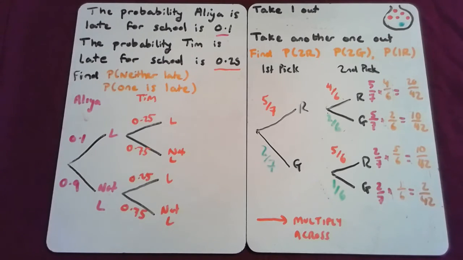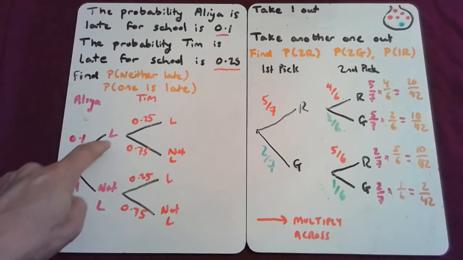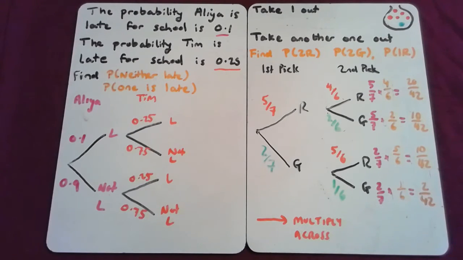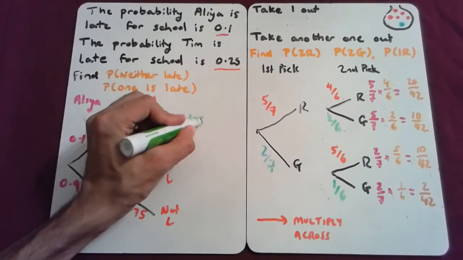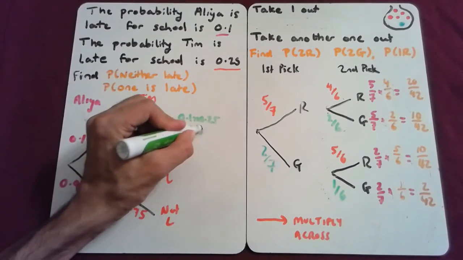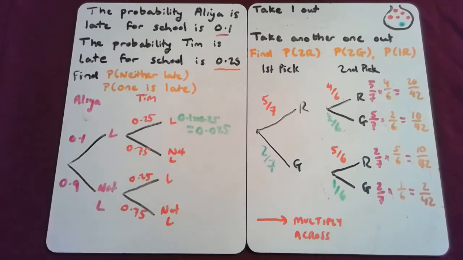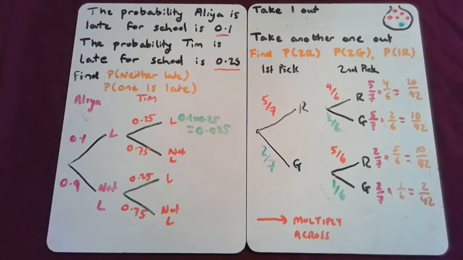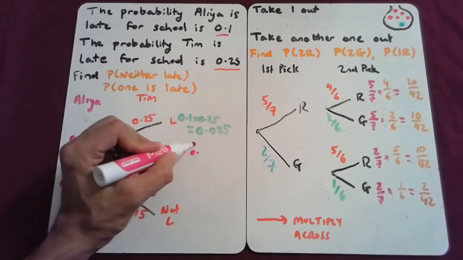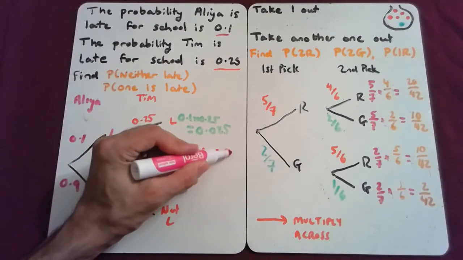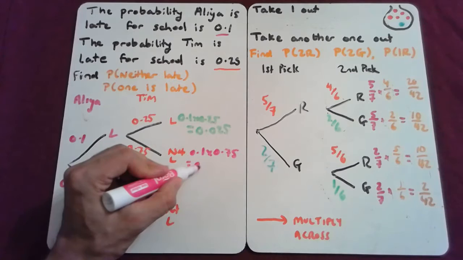And we simply apply the same process we did previously when working out probabilities. To work out the probability that both of them are late, we go Alia is late, Tim is late, we multiply 0.1 times 0.25, which gives us 0.025. So that's the probability that they are both late. The probability that only Alia is late is 0.1 times 0.75, which is equal to